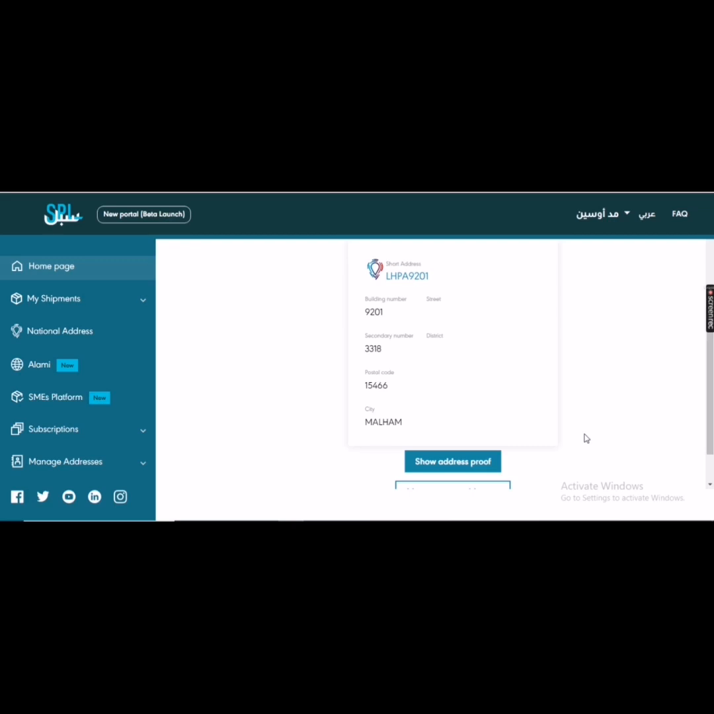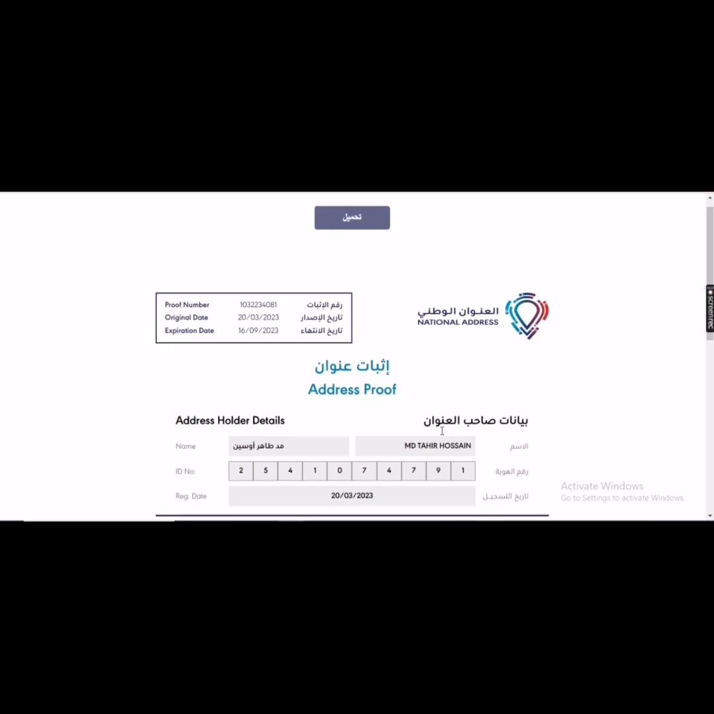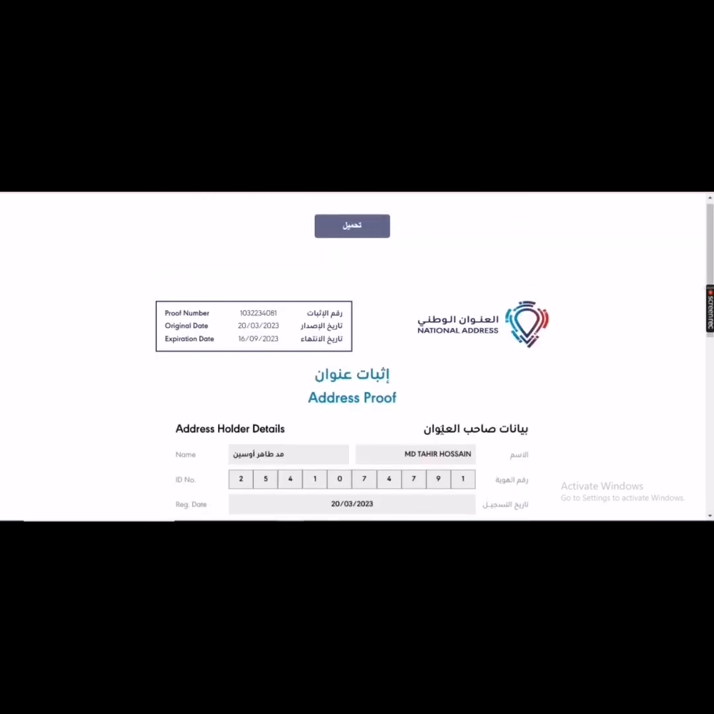Now we have to click show address proof. There we can see our address. We can print it or we can save it as a PDF. If we have a national address